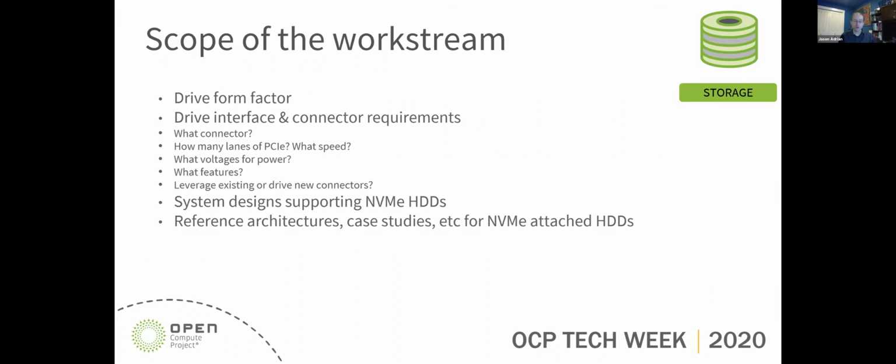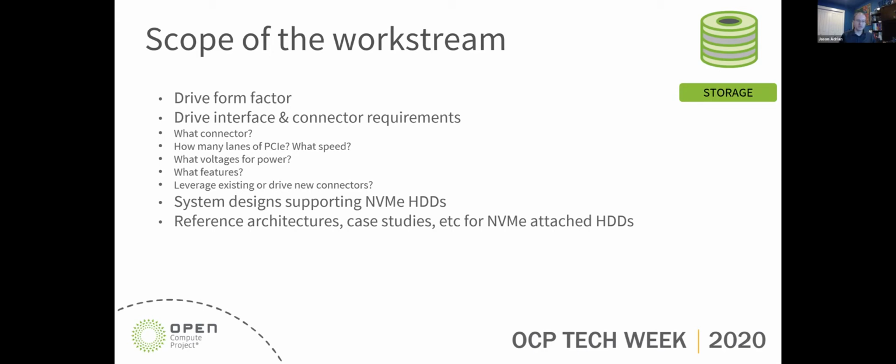And in this work group, we want to cover several things. And this is not an exhaustive list, there's just some things to keep in mind. Drive form factor, do we stick with the traditional 3.5-inch form factor? What about the connectors? Do we take the traditional SAS SATA connector? Do we use a U.2 or U.3 and modify it? Or do we explore something totally new? Does the TA1002 make sense to keep it similar with EDSFF? Who knows? So we will dig into that,